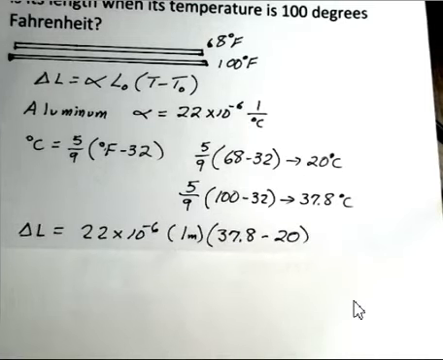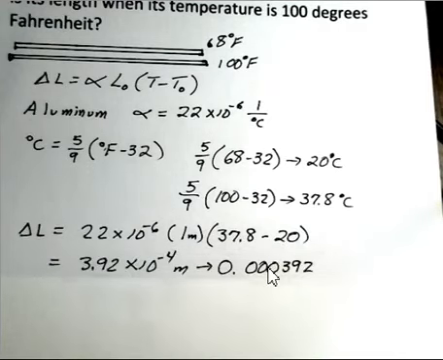So to do the delta L, we have the information we need: alpha, L naught, T minus T naught. So the alpha number, the original length, and then 37.8 minus 20 gives us our temperature change of 17.8. And again, you should pause and do this calculation yourself. First, do the subtraction here, 37.8 minus 20, then times 1 meter, then times 22 times 10 to the minus 6. And we find the change in the length is 3.92 times 10 to the minus 4 meters,